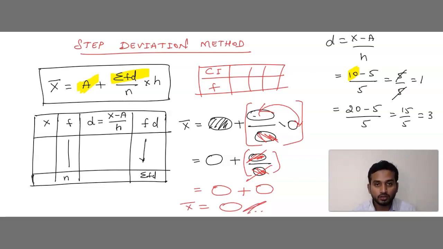I hope you all have understood the basic structure, how to find the mean by any of these methods. You can choose any of the methods, but I prefer to follow the step deviation method. Maybe it looks bigger, but remember, by using the step deviation method, if they give you bigger values, it makes them very small values, so that your calculation will become very easy and very simple. Is this clear? Now let me solve the problem we have right now here.